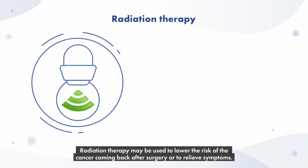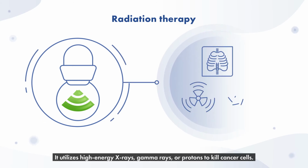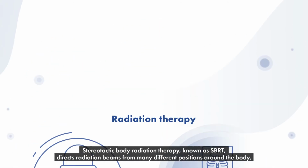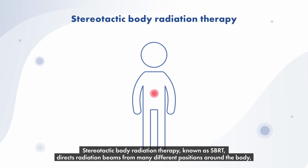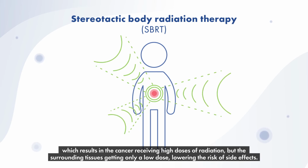Radiation therapy may be used to lower the risk of the cancer coming back after surgery or to relieve symptoms. It utilizes high-energy X-rays, gamma rays, or protons to kill cancer cells. Stereotactic body radiation therapy, known as SBRT, directs radiation beams from many different positions around the body, which results in the cancer receiving high doses of radiation, but the surrounding tissues getting only a low dose, lowering the risk of